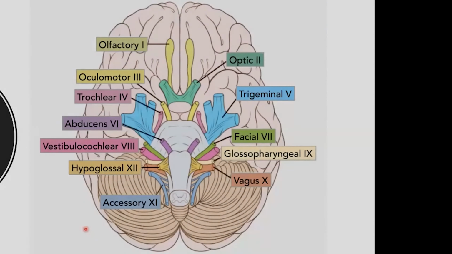And here we have the cranial nerves. For your exam, the functions of these nerves are a little bit out of scope for this class. So what I'd encourage you to know is how many there are. And there are 12 different cranial nerves on the ventral side of the brain. For the spinal cord, fun fact, there are another 31 pairs of nerves that all have their respective physiological function